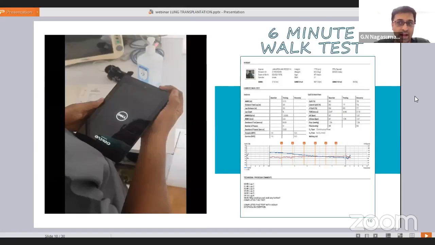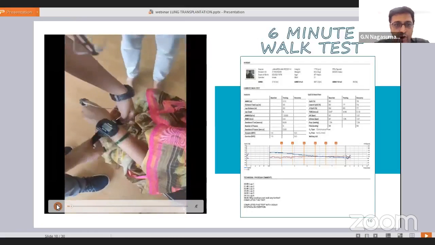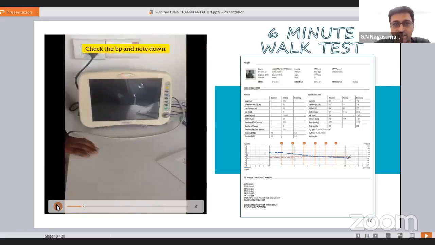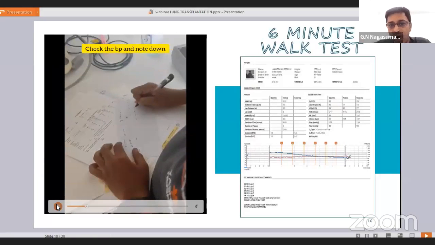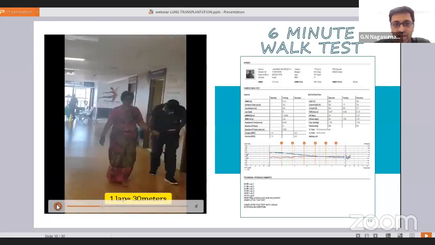For one diagnostic assessment in our department, I'll be doing the 6-minute walk test. This 6-minute walk test is a very simple test. We'll be doing this with fitness equipment. In this, we'll take the demographic data of the patient. It's a very short video, just watch the video. What parameters are we taking? How are we testing? We'll record everything: blood pressure, heart rate, oxygen saturation, and everything.